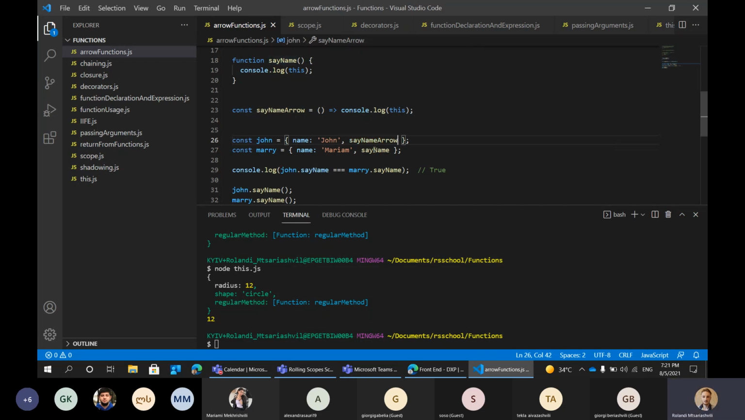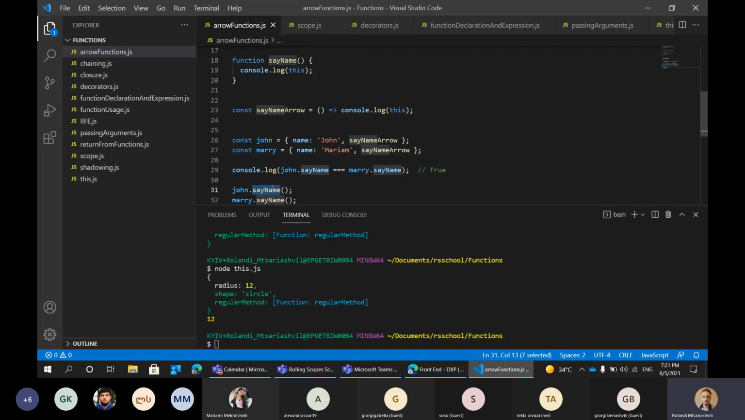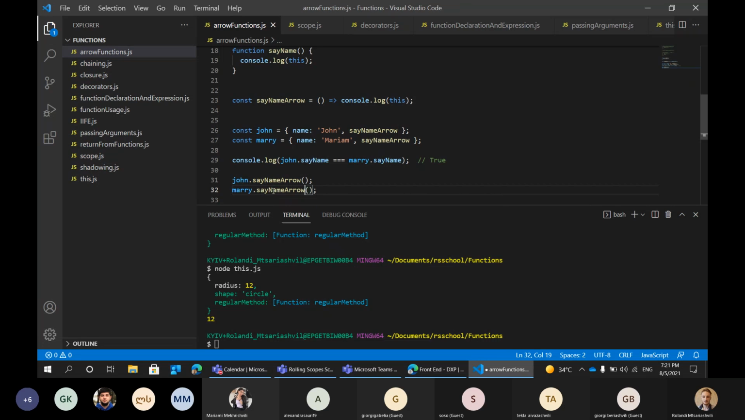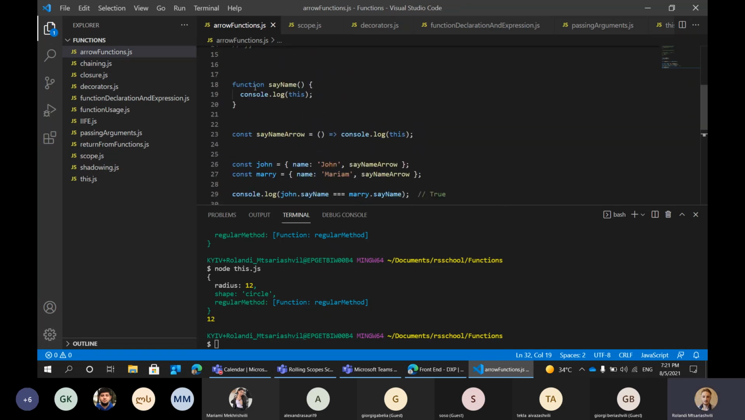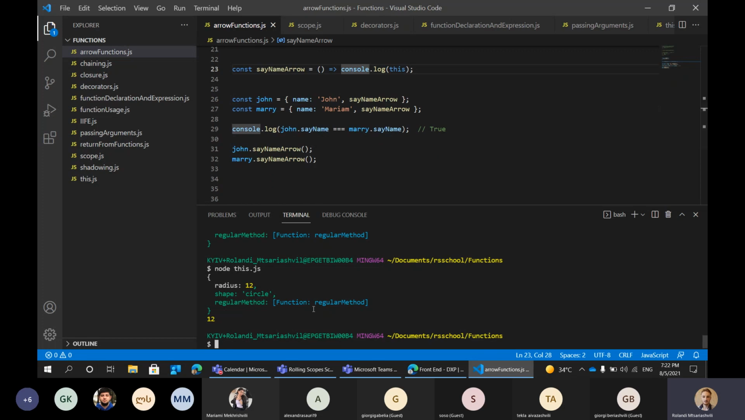So instead of passing just a function, I'm passing, say, name arrow here, and I'm calling it as well. Why I mentioned in the previous lecture that arrow functions don't have their own this: if regular functions are taking this as an argument when it's called, arrow functions are determining this when they are declared. So it doesn't really care from where we call it. For example, if I run this function now,